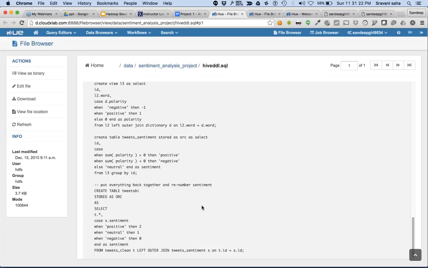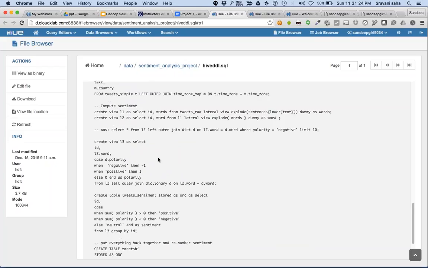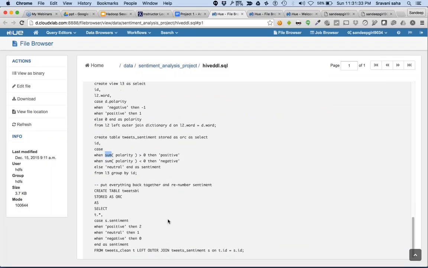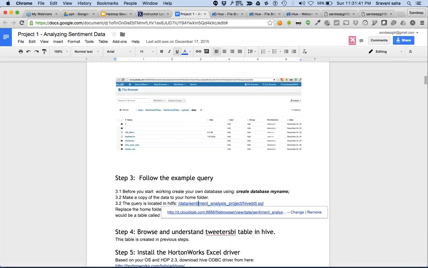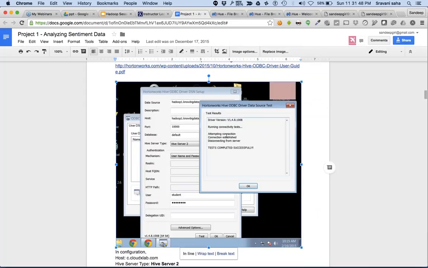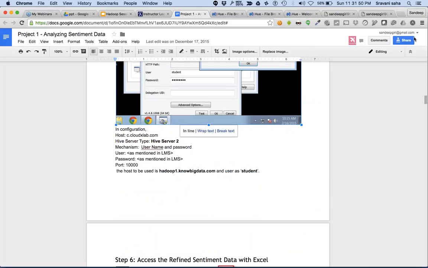Once you have joined with the dictionary, you can form the opinion about the whole tweet by summing up the polarity of individual words. Okay, and once you have summed up the polarity of the individual tweet, then you can represent it using the UI. So you follow this documentation clearly. If you get stuck, let us know. It should be a very straightforward process for you.